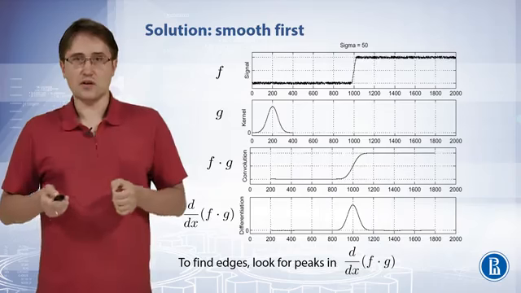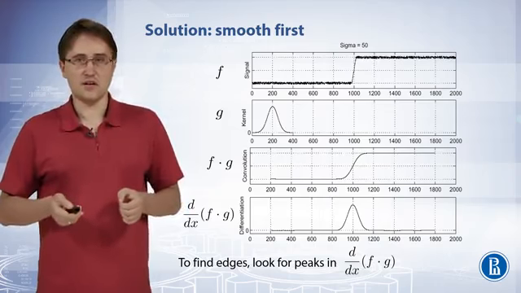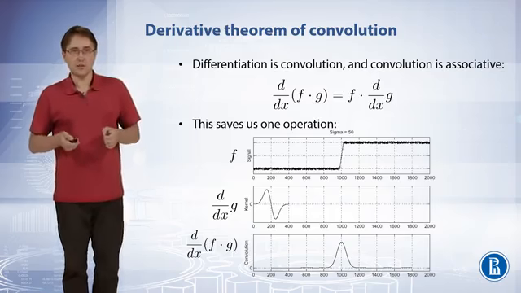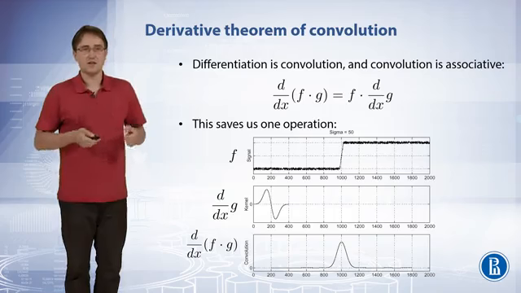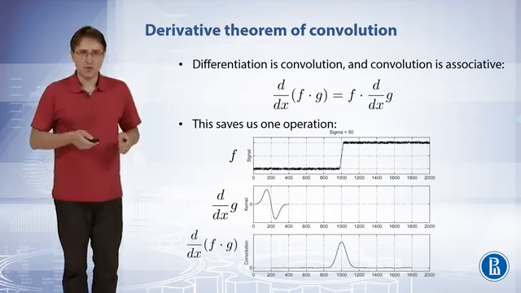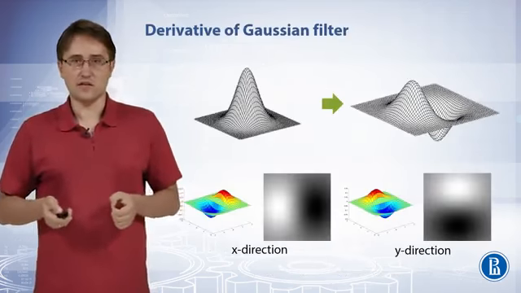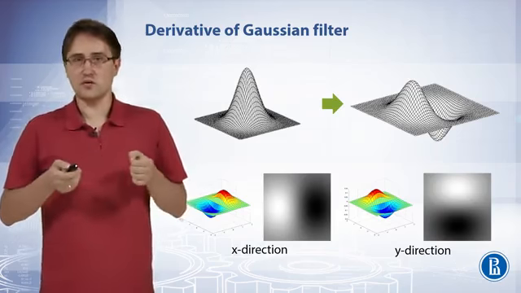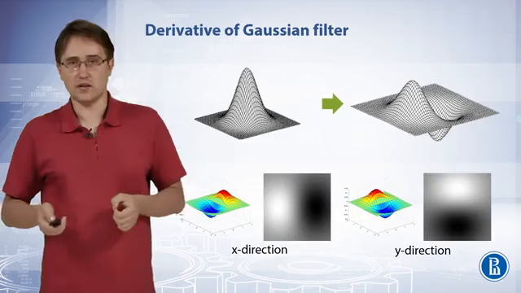The solution is to apply Gaussian smoothing first to reduce the noise. After smoothing, edge detection kernel can identify the edge in our image. Because convolution is an associative operation, we can combine both smoothing and differentiation kernels into one filter kernel. This saves us one operation and produces the same result as applying smoothing and differentiation operators successively. Here are visualizations for derivative of Gaussian filter, which can be used for gradient estimation in real images. I give visualization of two filters. One estimates gradients in x direction and one estimates gradient in y direction.